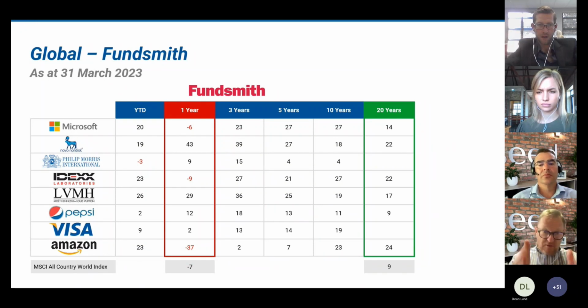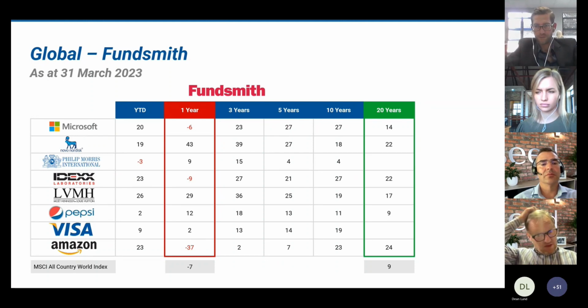For sure, over a 1 year period, you've had some drawdowns, and that's always difficult. No one wants to look at their statement and see we're down. We invested a year ago, we invested 18 months ago, and we're going nowhere but down. But these companies are not going to disappear and they're going to continue to generate the type of returns.